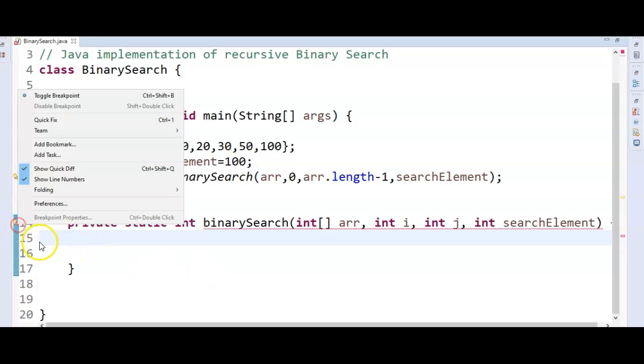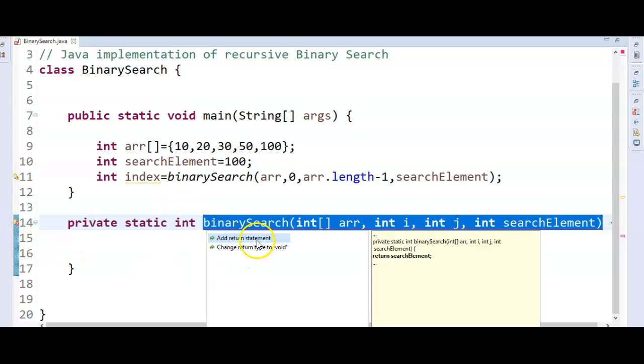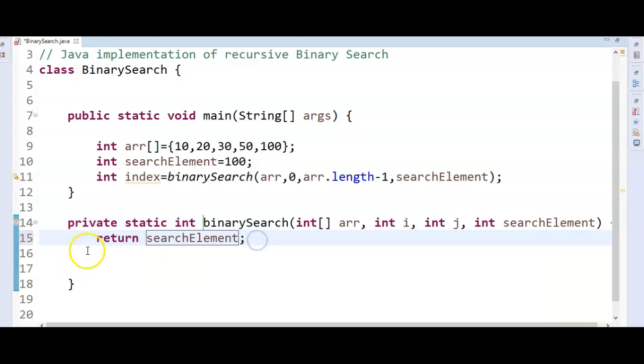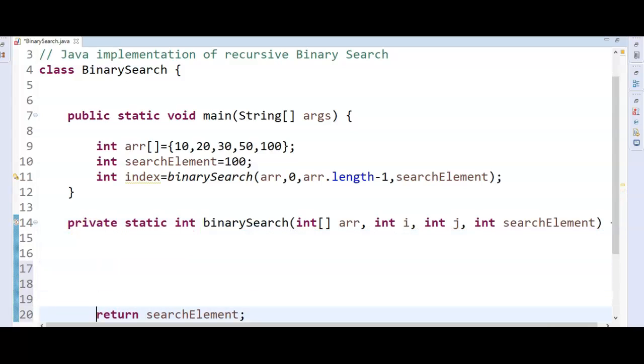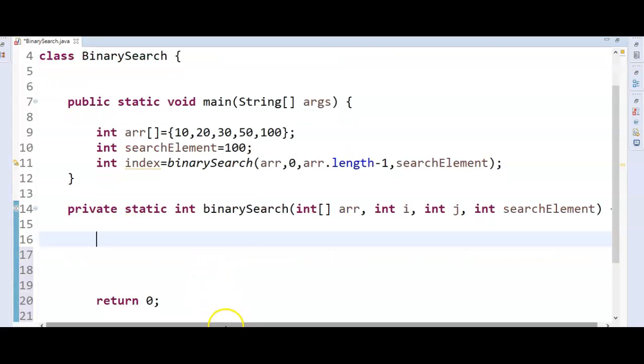So just return the index here. For the time being I'm mentioning 0, but we'll return what needs to be returned here. Okay, so the first thing we need to do, as I've told you, is get the middle element.